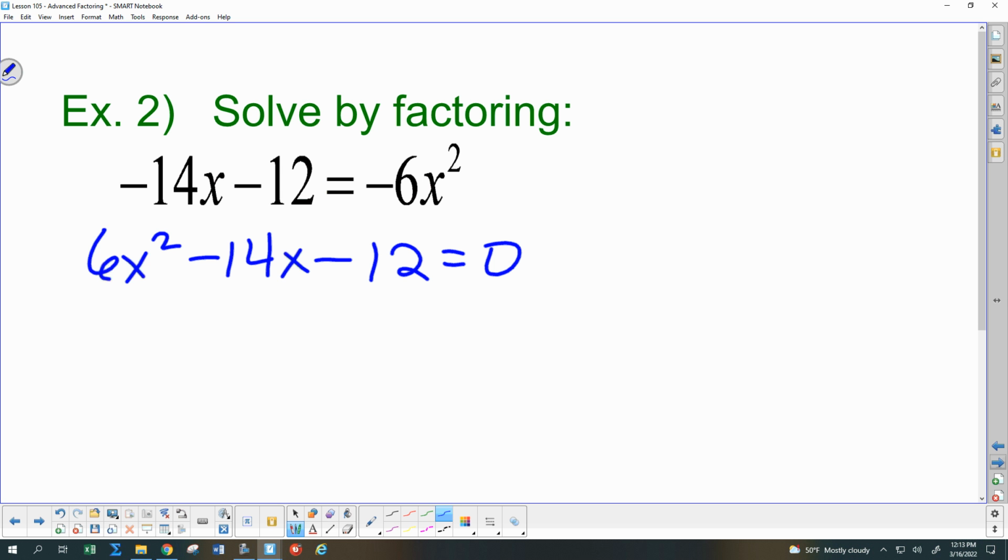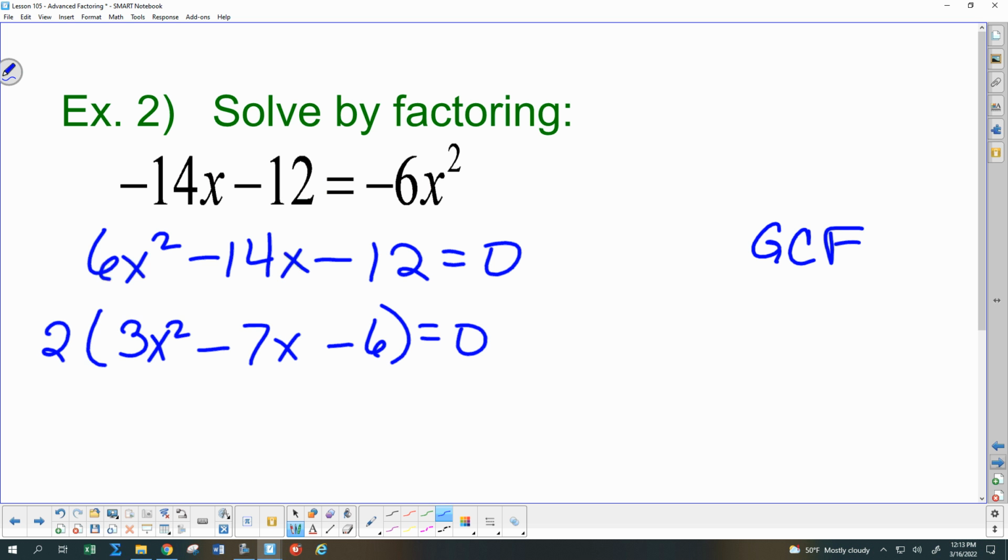Ellie? So let's look for a GCF. And I agree, dividing everything, both sides, including the 0 by 2 is the best way to show it. However, if you wanted to, you could do a 2 out in front times the 3x squared minus 7x minus 6 is 0, but that 2 is not going to make any difference with it. 2 is a factor, but there's no way 2 can ever equal 0. So I would agree with you that the most efficient way to do it, as long as your GCF does not have a variable in it, would be to divide everything by 2,